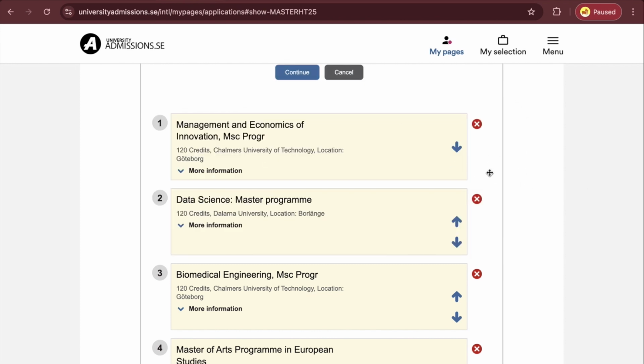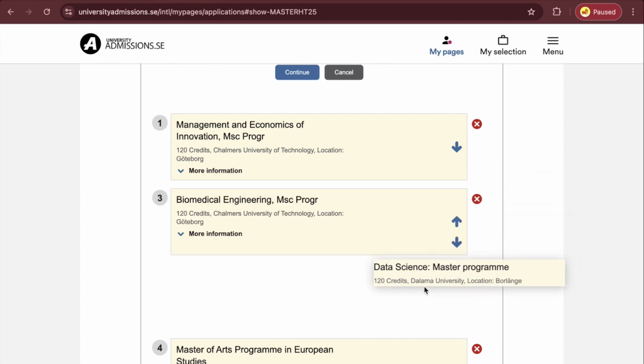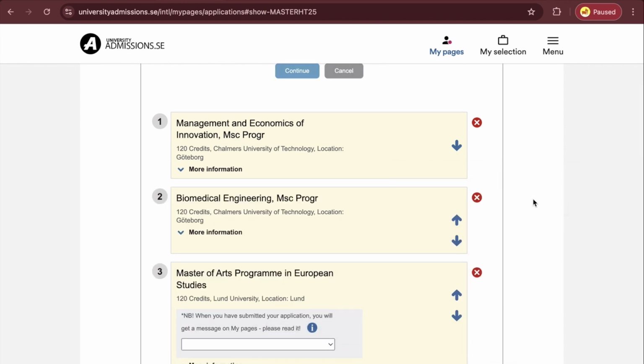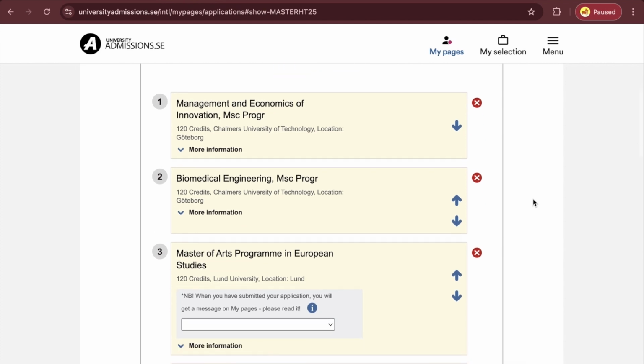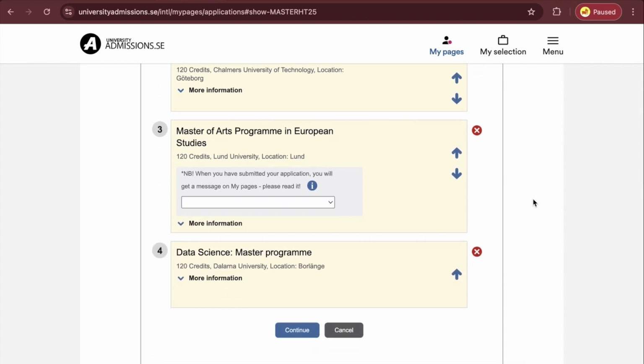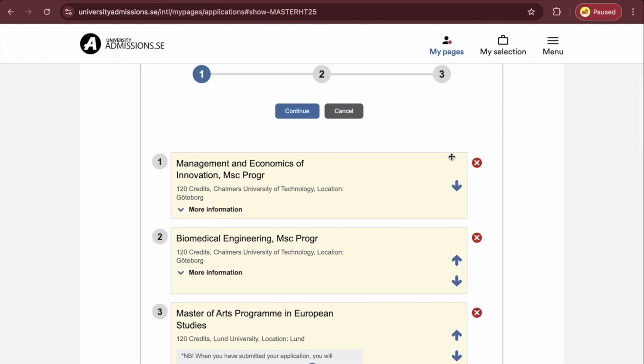Then I'm now saying, let me move this one to the last place, and I will make biomedical my second choice, Masters of Arts in European Studies my third choice, and this one my fourth choice. So if I am sure that this is my ranking, so I told you before, what that means is that Chalmers University will first